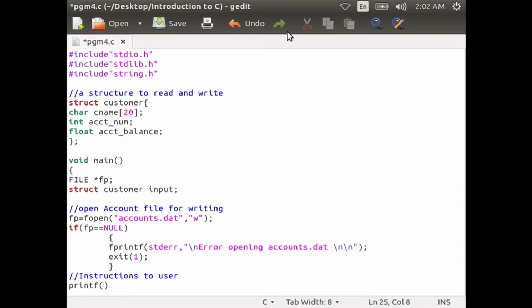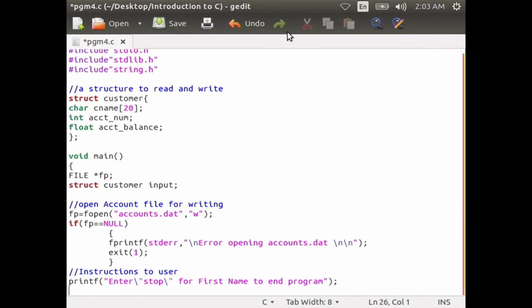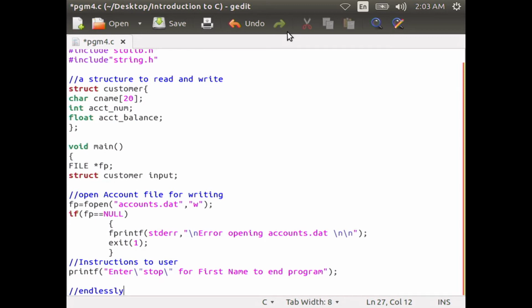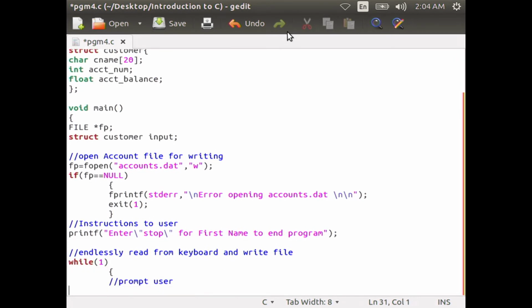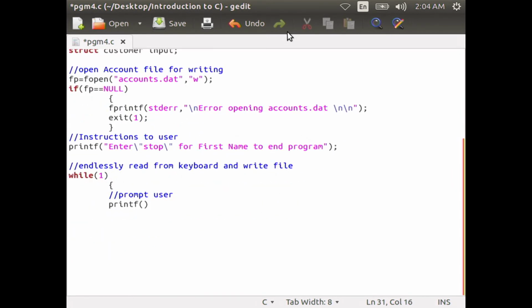Then printf("Enter stop for first name to end program"); while(1) { printf("First name"); scanf("%s", input.cname); if (strcmp(input.cname, "stop") == 0) exit(1);